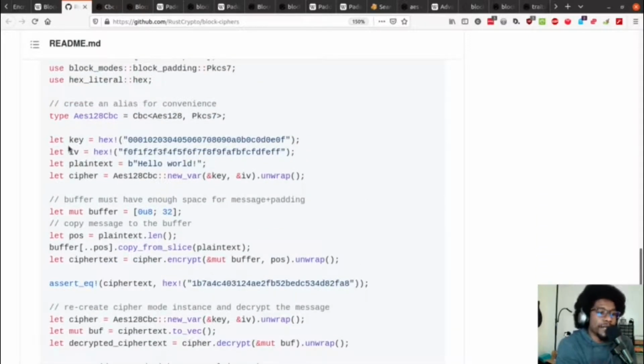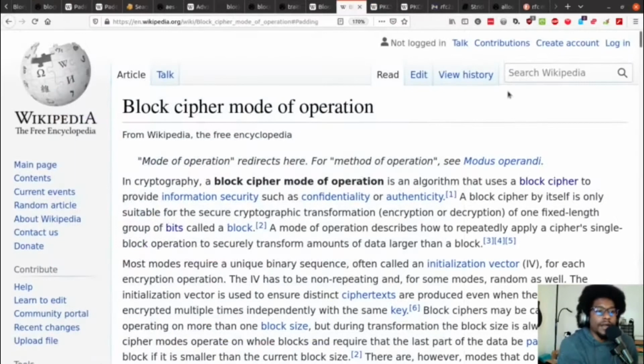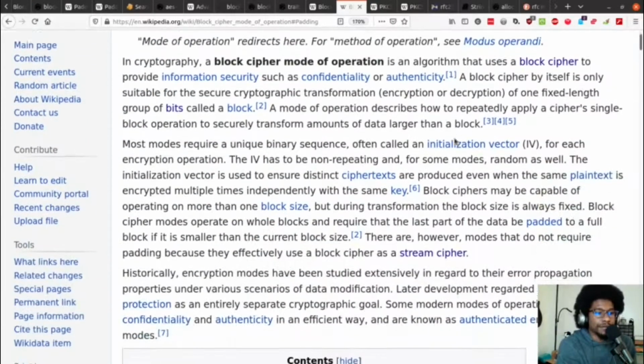So I mentioned earlier that I was going to cover what IV stands for. And in order to do that properly, we need to go back to the block modes wiki page. All right, so we're back. And the second paragraph covers it. So scrolling down,